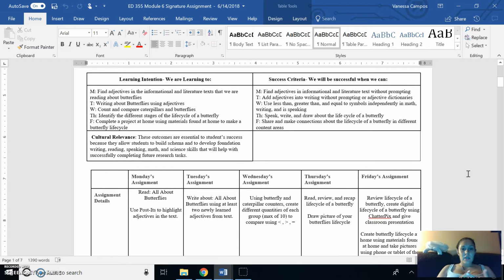So learning intention and success criteria. For my learning intention, each day I wrote down what we're learning to do depending on what subject is that day. And then for success criteria, I wrote how students will be successful when they can do whatever the skill is according to that day as well. So I'm going to go ahead and just read the success criteria